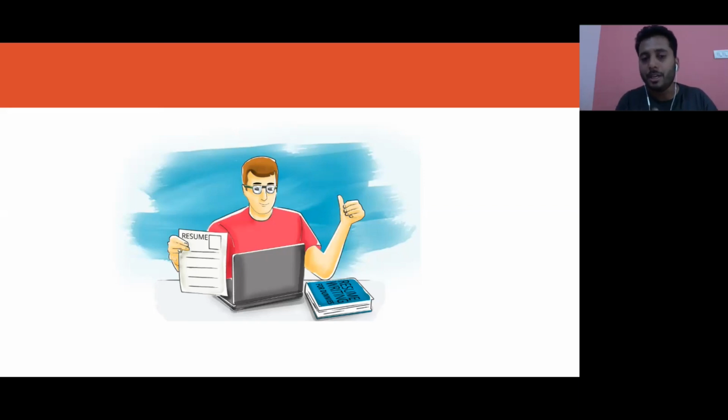After 30 minutes, when the power comes back, he switches on his computer and tries to search for his resume. Do you think it will be available? It is not available. The reason is that when he was editing his resume, the resume data was present on the primary memory, that is, on the RAM. Now I will discuss the second scenario.